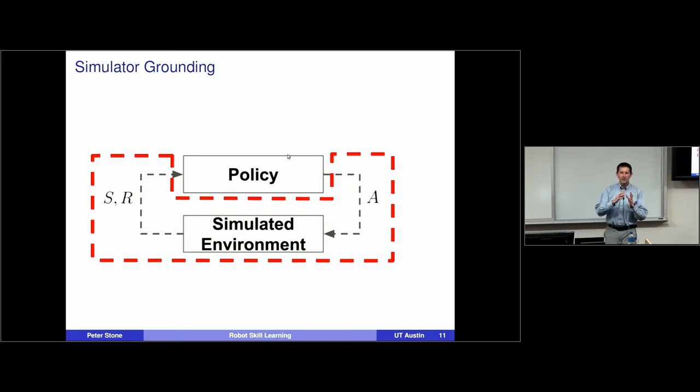The reality gap at its extreme is that, say I tell this joint in the simulator to go to 90 degrees, maybe your simulator has instantaneous dynamics and it goes there immediately. Clearly in the real world, if you say go to 90 degrees, it's only going to go part of the way. So the question we want to answer is, when our policy says go to 90 degrees, what should we replace that command with such that it goes to the same place it would go in the real world if you said move 90 degrees? That's what it means to ground the simulator.